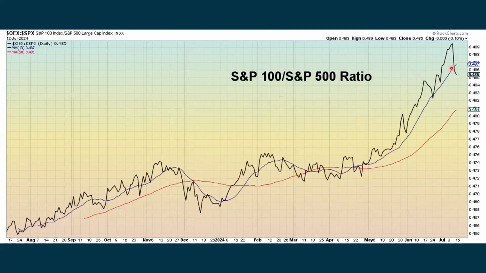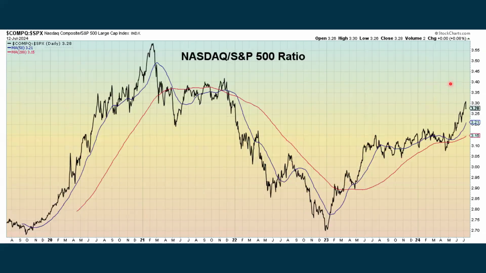And we look at the S&P 100, which are the biggest stocks that make up the S&P 500, pulling back recently as some of the large caps are taking a bit of a breather. At least that's how it looks for right now, but the S&P 100 continues to outperform the rest of the S&P 500. The NASDAQ, which is also doing quite well, is also outperforming the S&P 500, even though both are doing quite well independently of each other.